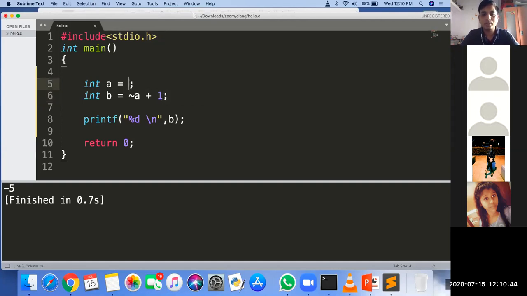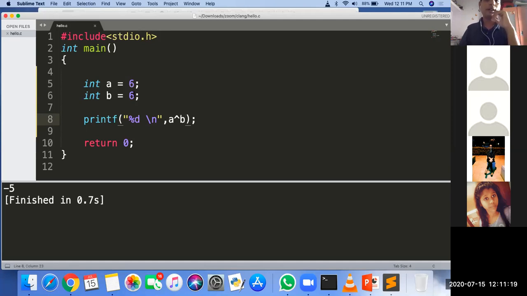Okay, now one more thing I need to share. Suppose A is equal to 6 and B is also equal to 6. So what is A XOR B? It is 0. 6 means 110 XOR with 110.